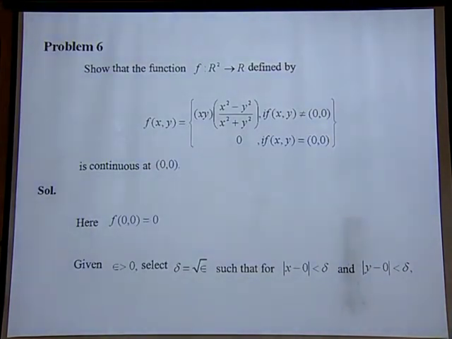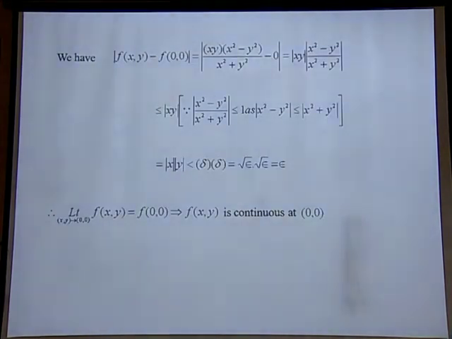Delta is always depending upon epsilon only, such that for modulus of x minus 0 less than delta and modulus of y minus 0 less than delta, consider the function modulus of f of x y minus f of 0 0. Now, f of x y is the given function x y into x square minus y square over x square plus y square minus 0, which is equal to modulus of x y and modulus of x square minus y square over x